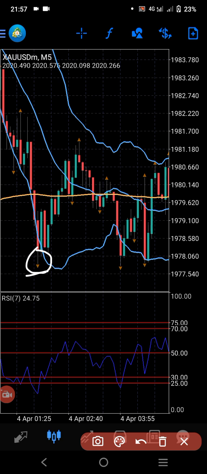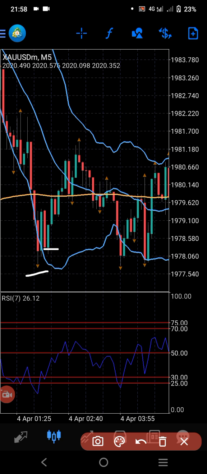Eventually the market opened a new candle with a bullish move, which is trending up. The third candle, this one, was a bearish move again, but the good thing about this candle is that it closes inside the Bollinger Band,